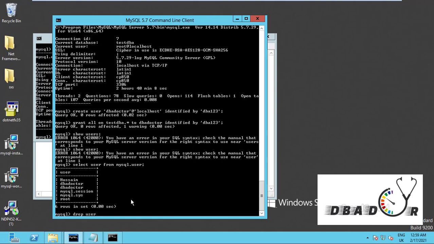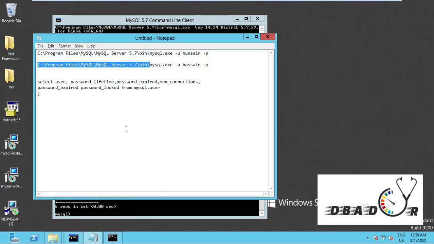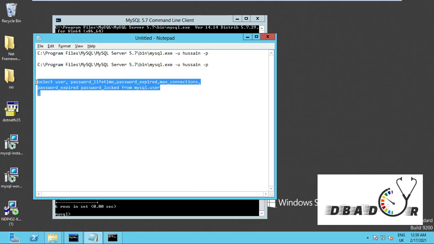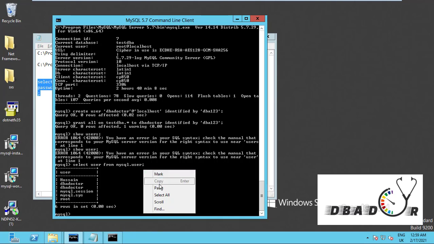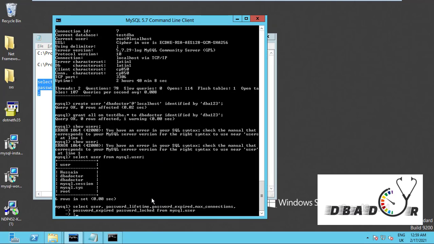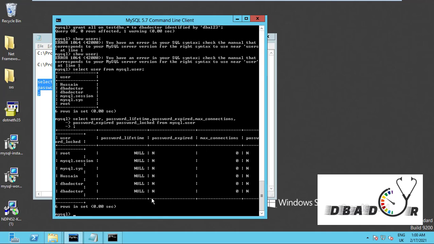Before dropping, I'll show you one more query which will really help you at the administrator level. Here select user, password lifetime, when the password will expire, and maximum connections for that particular user, and whether the password is locked or not. All those things you can get here. This is all the information for each user.